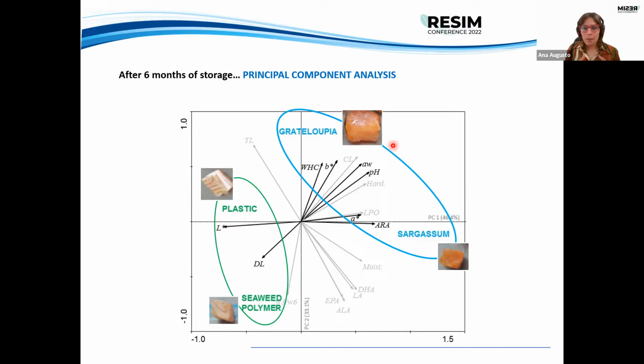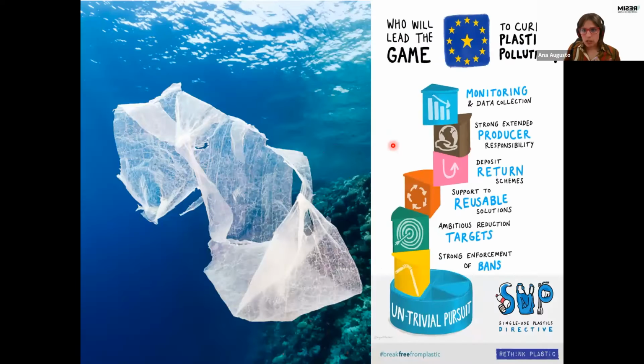This was the main results of our work, and now we are just optimizing the film composition to try to increase the mechanical resistance of the films when in the presence of environments with high humidity. Now, just to conclude and to remember the importance of the use of edible coatings and edible films for food products,